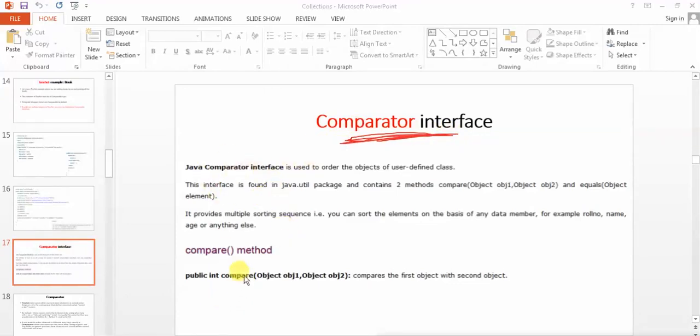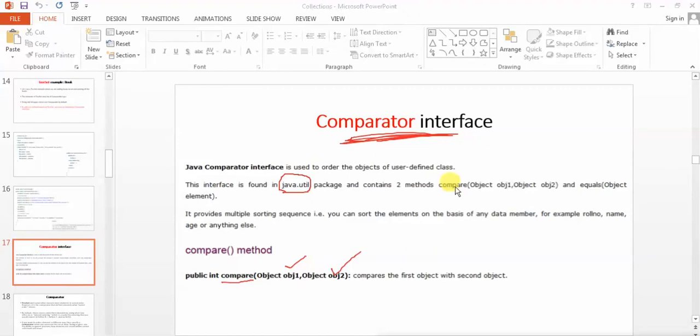Now this Comparator has a method called compare and not compareTo, and it accepts two arguments. This is the difference here. It is actually in the java.util package and not in the java.lang package, so Comparator is present in java.util if you want to use it.